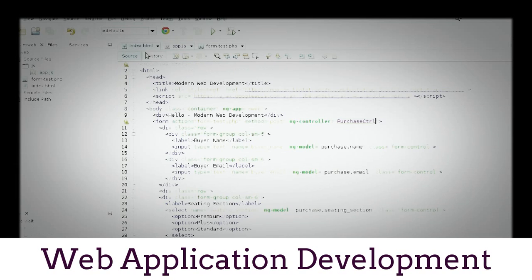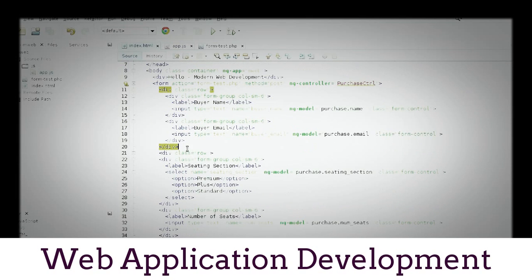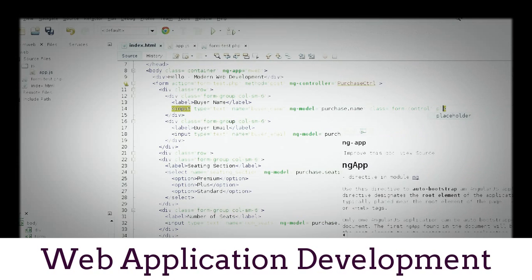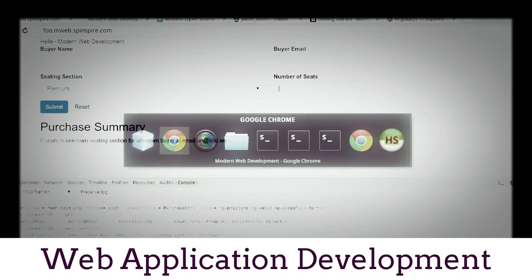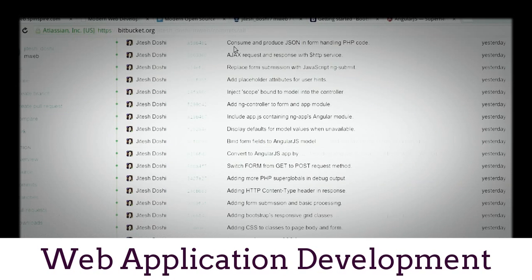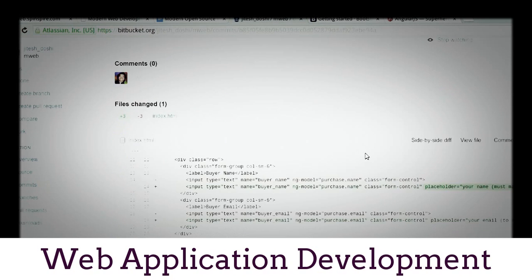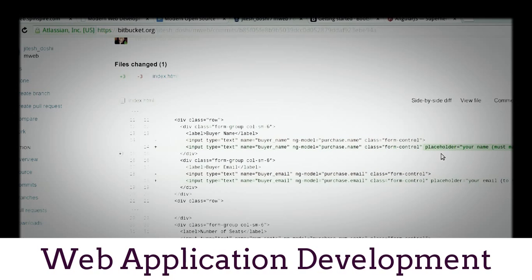So all we have to do is go to index.html, and in the input boxes we can add some placeholders, whatever you want to say in terms of hints for the user. In our case, we can just say placeholder your name,